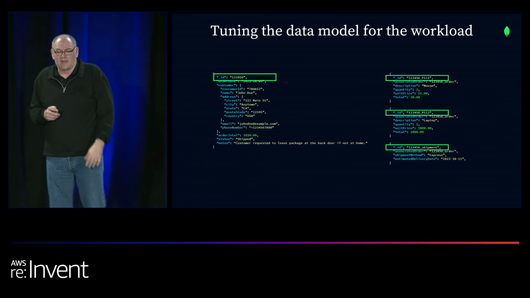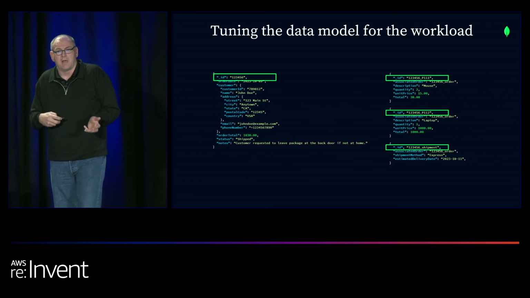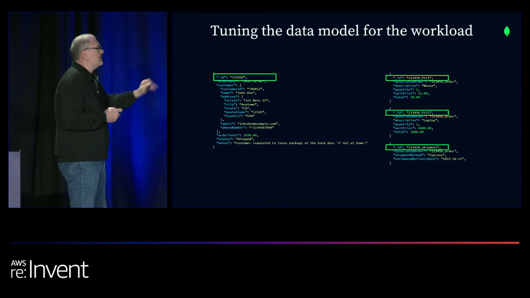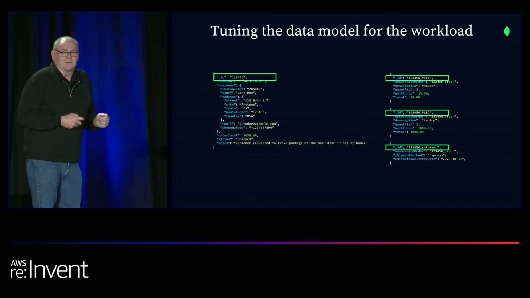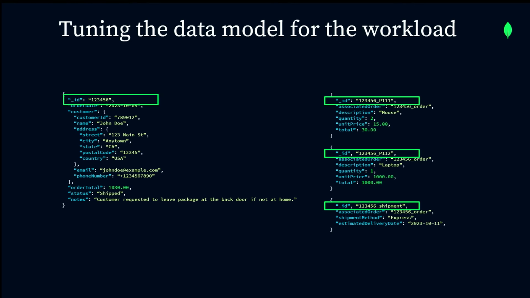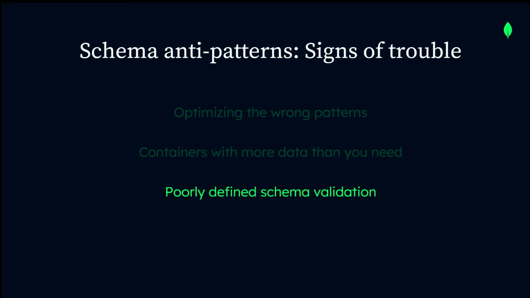So again, key thing here is to understand when to embed, right? When to use separate documents, when to use single collection, when to use referencing, when to use all these other patterns that we have. There's dozens of them. But there's always a way to be able to apply those patterns to actually optimize the workload and avoid the inefficiencies. So the last thing that I see that when I know we're going to have trouble is when people